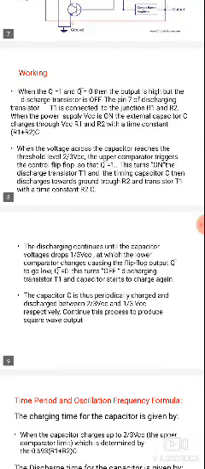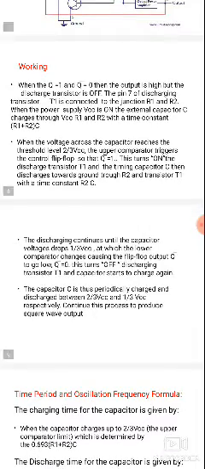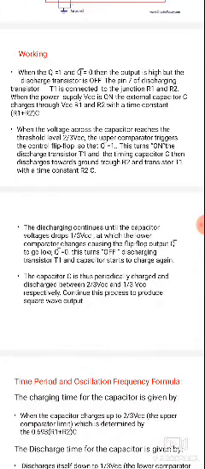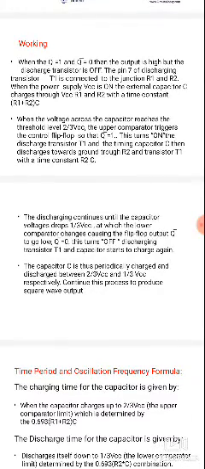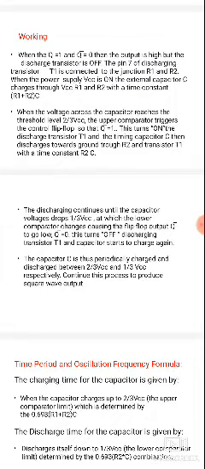The input voltage is greater than 2/3 VCC. The input voltage here is the pin 6 input, the threshold voltage, greater than 2/3 VCC. The upper comparator resets the control flip-flop, and it changes the position from Q bar equal to 0 to Q bar equal to 1. That means the output changes from high state to low state. This time the discharge transistor is in the on condition.